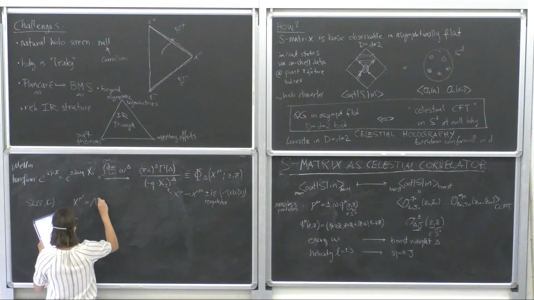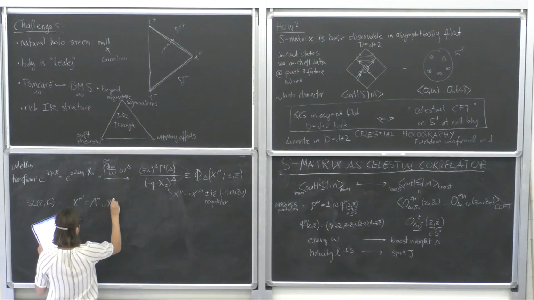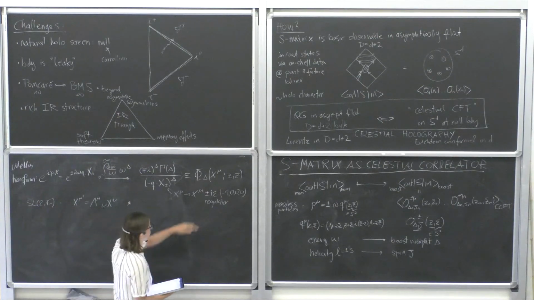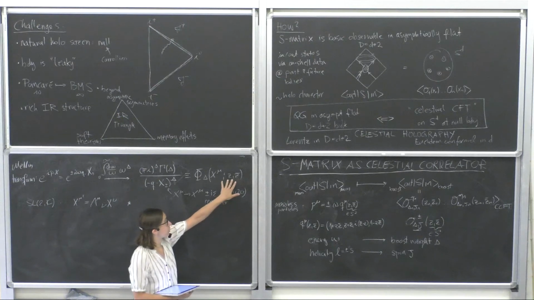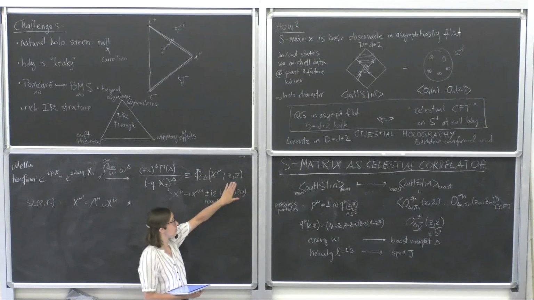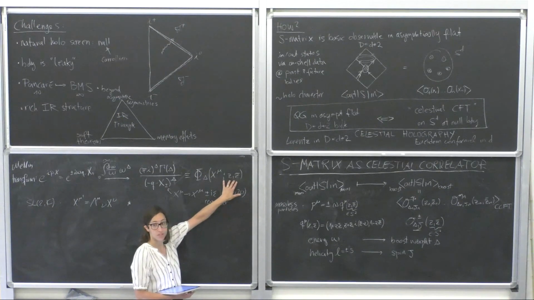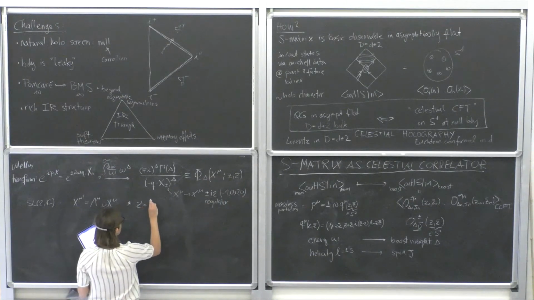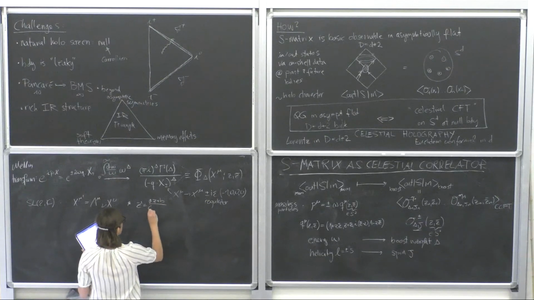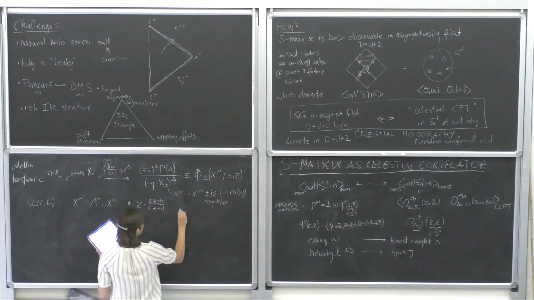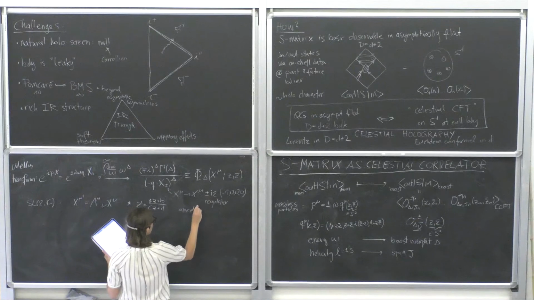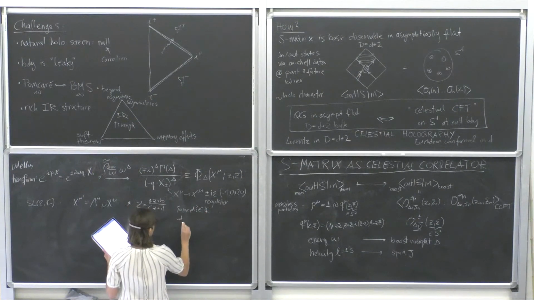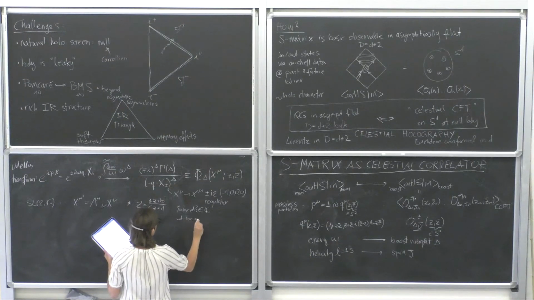So we have Lorentz transformations of the bulk coordinates, but then we also have how SL(2,C) acts on these boundary coordinates. In 2 dimensions, global conformal transformations are Möbius transformations. So z prime is (az plus b) over (cz plus d), where a, b, c, d are complex numbers, and we enforce that ad minus bc is 1.